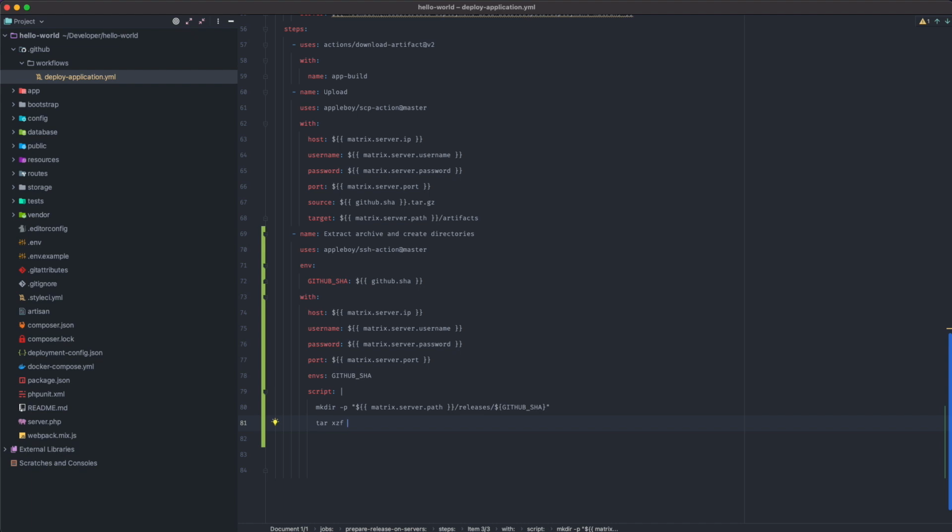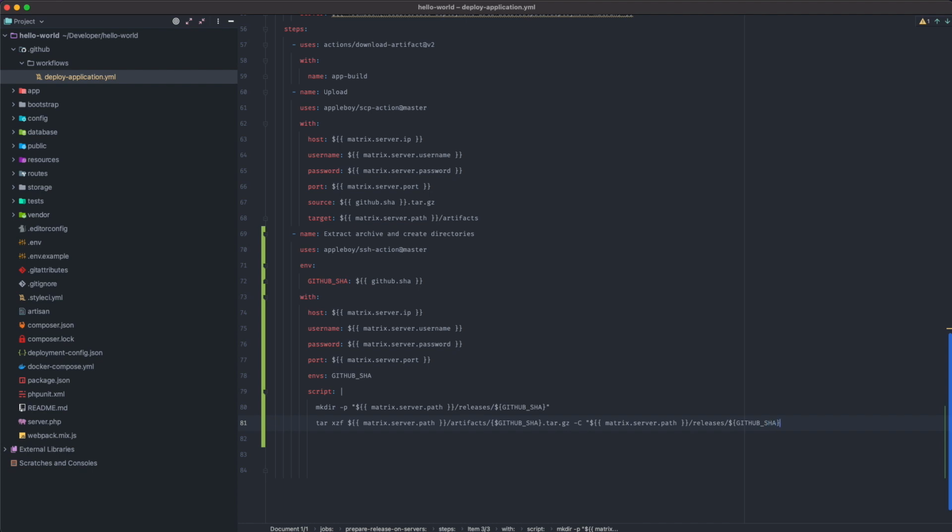So let's do tar xzf followed by the path to our archive file, which is equal to our server path followed by the artifacts directory followed by the commit hash of our current release, and of course the file extension, which is .tar.gz. Next, we'll add the -C flag to make sure that the tar command understands that we want to extract the contents into the releases directory, which again is our server path followed by /releases